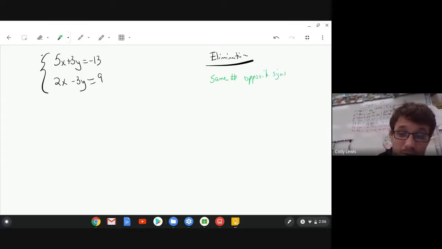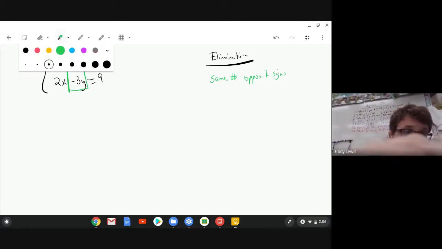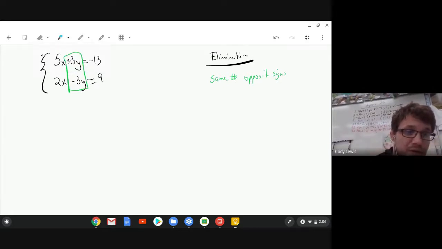And if that wasn't the case, I would multiply to make that happen. But if you can see that, I look at these y's. My y's already both have 3's in their opposite signs. That's awesome. So once that happens, I get to add up and down. Because these match, I'm going to add 5x plus 2x is 7x. Now the y's cancel out, which is awesome for me because then I get to put negative 13 and 9